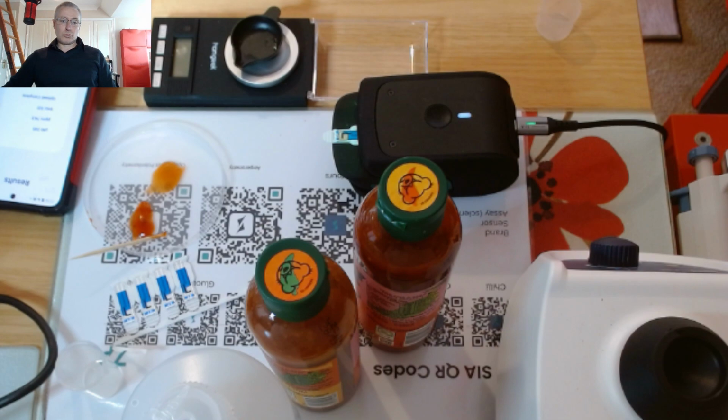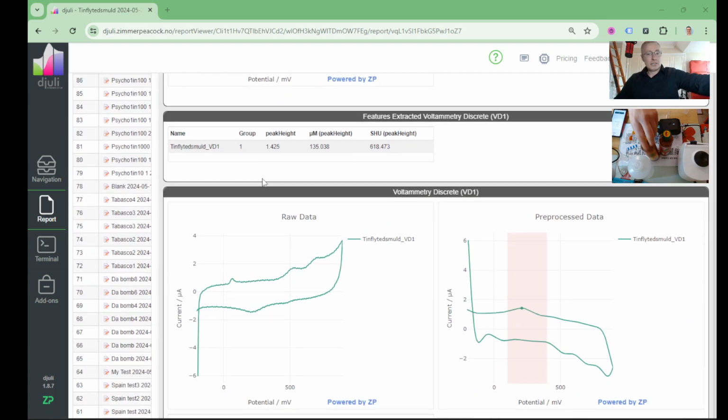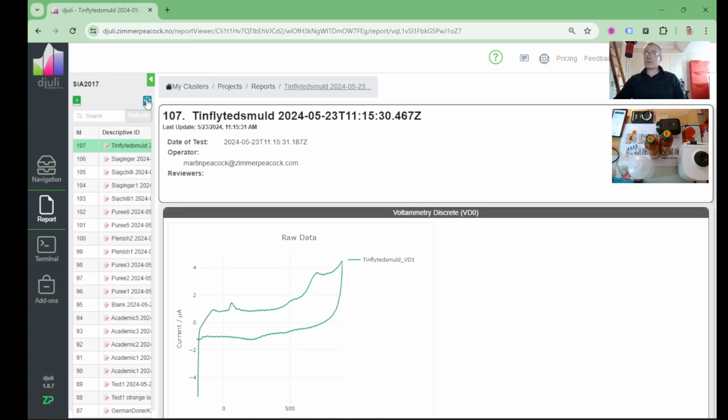And this might be interesting to you as well: something that happens a lot in the chili testing industry, if you can call it that, is people have a lot of opinion. There's a lot of online opinion. I previously measured just the mild sauce, Ed's Tingly sauce here, and I've got the result of 618 Scoville heat units, and I've also got the raw signal. What I didn't mention is that every time the app runs, we also get all the data in the cloud. So I can see that it's 618 Scoville heat units, and I can see the raw signal. If I just do a quick refresh on this,